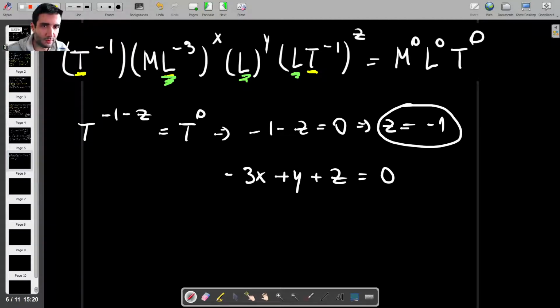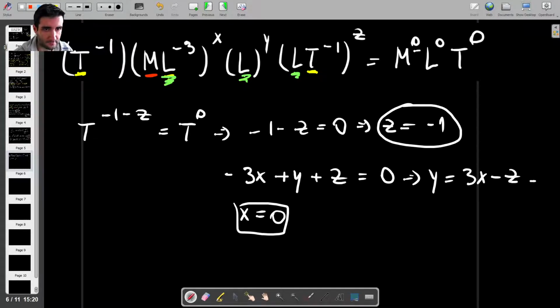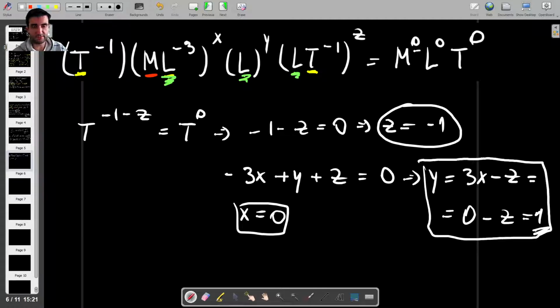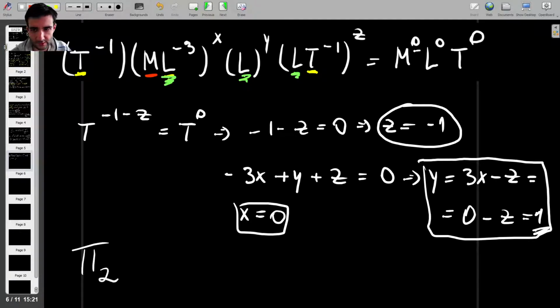We can't really do anything with this yet because we have z, but we don't have either x or y. So let's do M. So we have M here, and that's it, which means that x is equal to 0. So we have z, we have x, which means we can find y. So y is going to be equal to 3x minus z. So that's 0 minus z, which is 1. So we have found all of them. We found x, we found y, and we found z, which means that the second pi group, pi 2, is going to be equal to